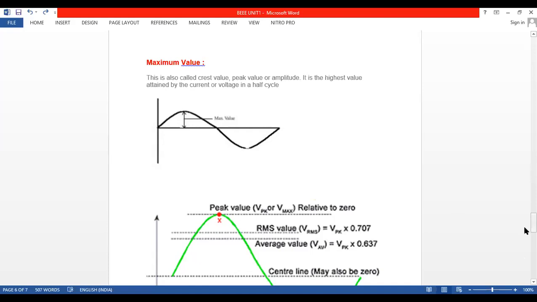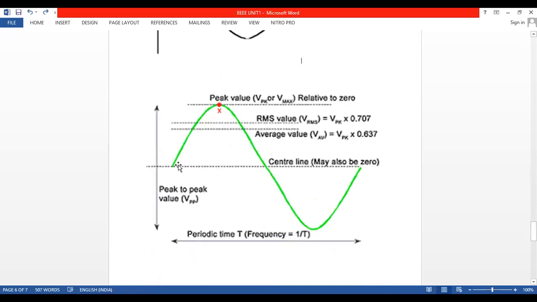If you see the AC current, now the green color figure we are showing once again, it has got the positive half and the negative half. So what is the first definition? Peak value or maximum value. What is the definition of maximum value? Anyone, student? Highest position. The highest amplitude of the wave. Very good. Highest amplitude or highest position reached by the wave or the current is called the maximum value.